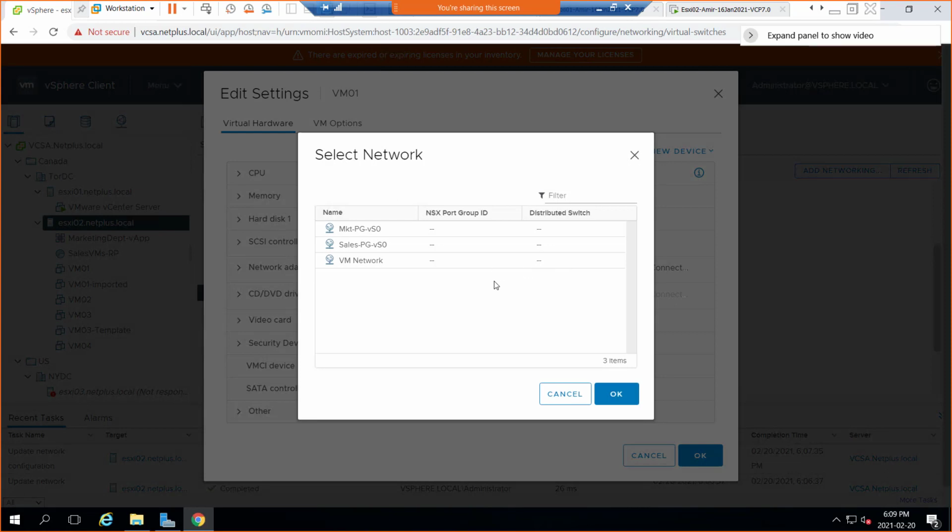If they had added that virtual standard switch, which they didn't, although distributed switch, which we will be doing in the lab later, will be showing there, but standard switch does not show. If VM network is there, and then the two port groups that we created, if I just remove the VS0 from here and there are multiple standard switches there, I have no idea of knowing which port group is coming from which virtual standard switch. Anyway, I'm just going to attach this machine to sales